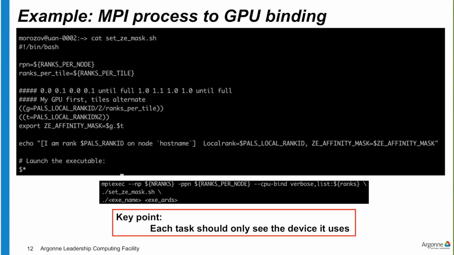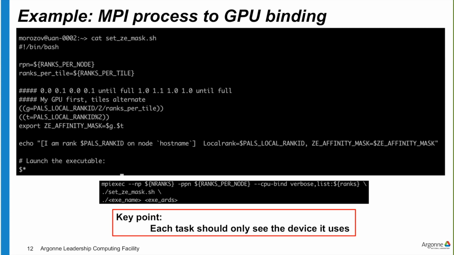This is another example of binding the GPUs with the help of the affinity mask, similar to what I just showed with OpenMP, this time using the same assignment but in a shell before you run your program. Remember that the affinity mask should be different for each MPI process, otherwise it makes little sense. And therefore, you want to assign the affinity mask after mpiexec is called, but before your program is